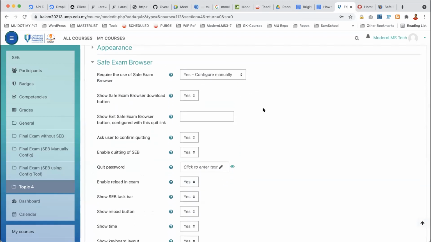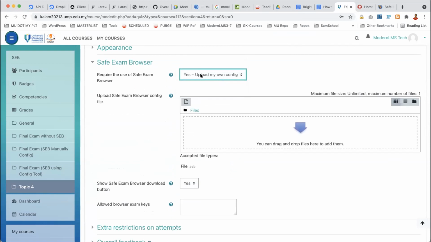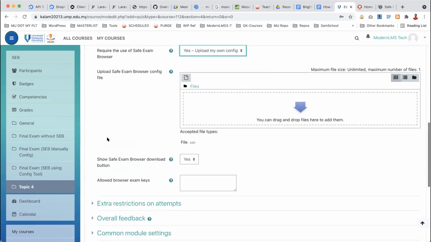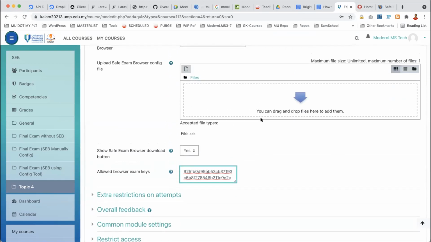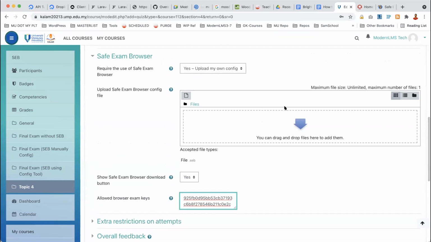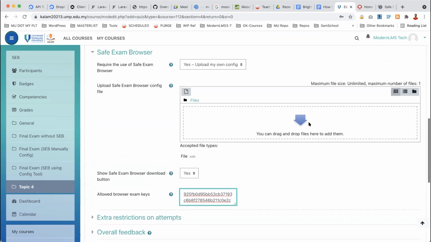How do we do that? Rajan, can you send me the key that I saved on your desktop just now? So you go here and change to upload my config file. Right? Upload my config file, and you drag and drop the configuration file that you saved on your desktop. And then you need to paste the key here. This is the key, configuration key. That means now your system will check whether your student is using the configuration file you created with the specific